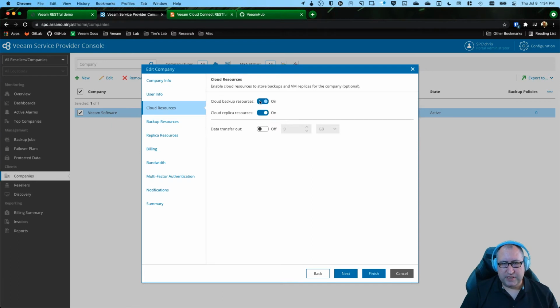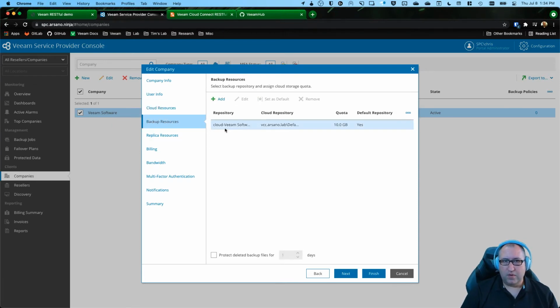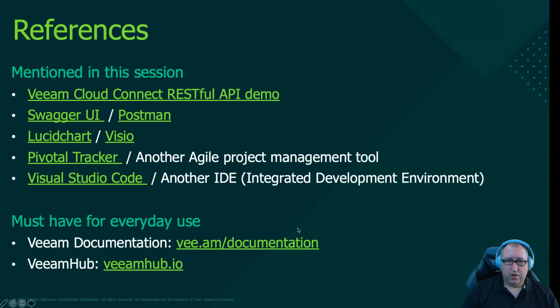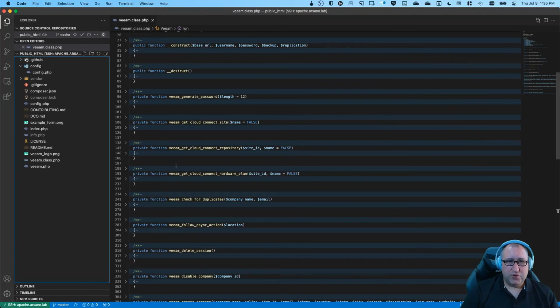And then we scroll down, we see, because I remember I checked both backup and replication resources, that we have 10 gigabytes, which I set here. And then for the replica, we have the hardware plan specified. So let me move that over to the code,